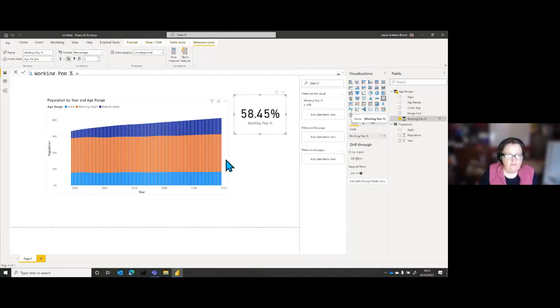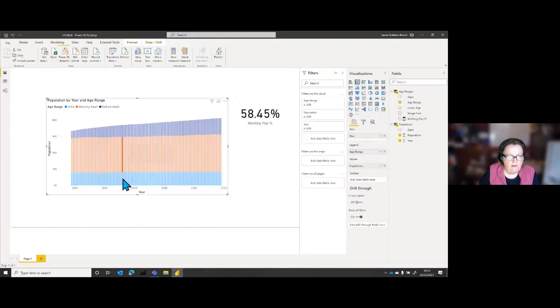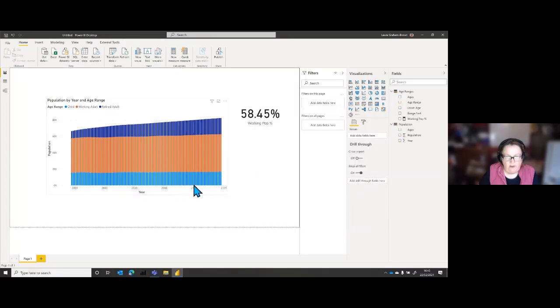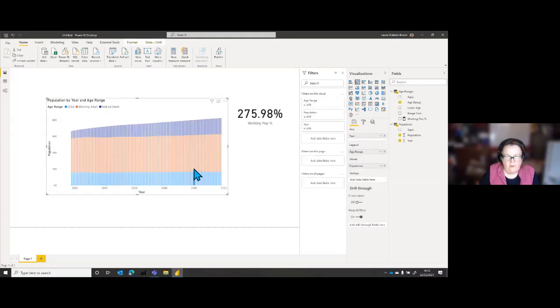So what they predict. If I go and pick a particular year, let's pick 2040. Can I pick that whole year? No, it's not going to let me pick that whole year. If I pick the orange, it picks it all. I'm just going to try and work out a way of picking a whole year. I'll do that in a second.